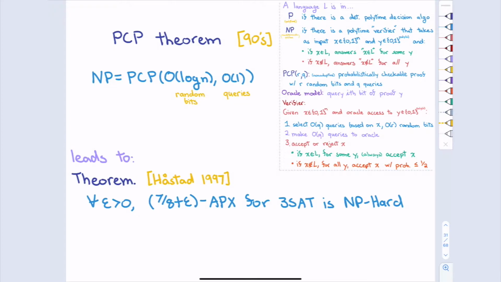So part of the strength of the statement is that the class NP is very big. There's all problems that can be verified in polynomial time. It's saying that all problems that can be verified in polynomial time can actually be verified with a constant number of random bits being read from a proof. The format of the proof may change, although it can't change too much. It still needs to be polynomial size. But nonetheless, there's some way to have these robust proofs.